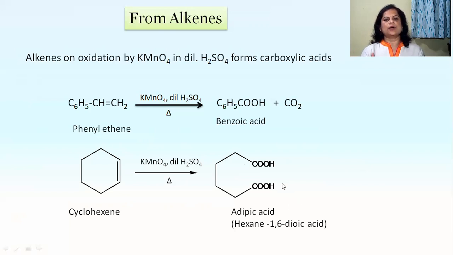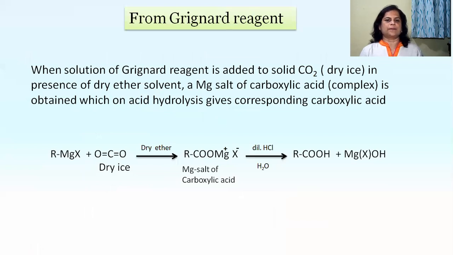That hexane forms an open chain structure. Therefore, the cyclic structure is converted into the aliphatic structure. It is a hexane with a C double bond O, OH group at carbon numbers 1 and 6. Therefore, hexane-1,6-dioic acid, also called adipic acid, means 4 CH2 groups are in between the two C double bond O, OH groups. So this is the preparation of carboxylic acids from an alkene structure by the oxidation method.